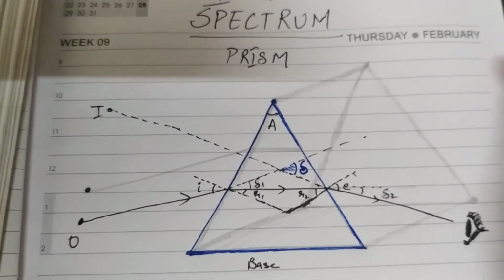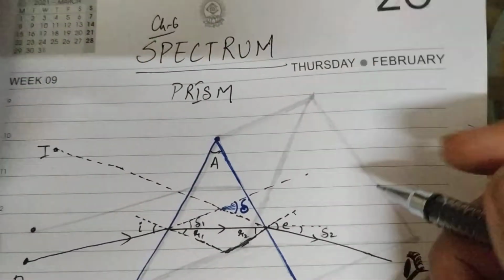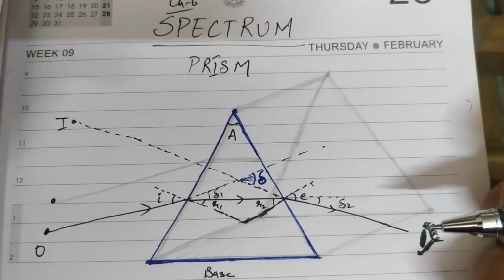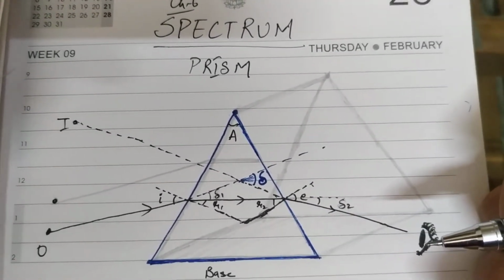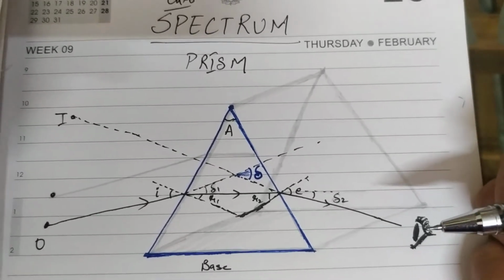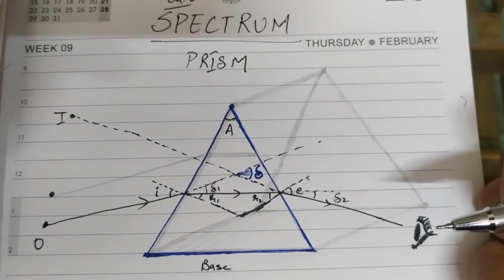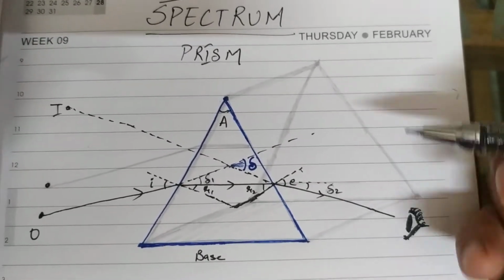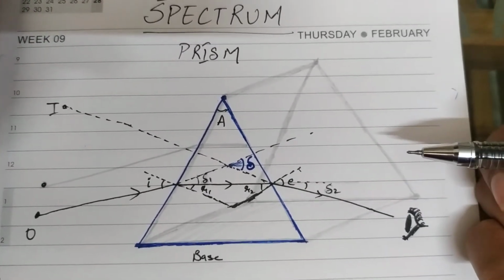Hello students, today we are going to discuss spectrum, and in this the first topic is prism. So first of all, let us remind what is a prism. A prism is just like a rectangular slab. It is a refracting medium, it is a refracting surface, or you may say it is a device generally made